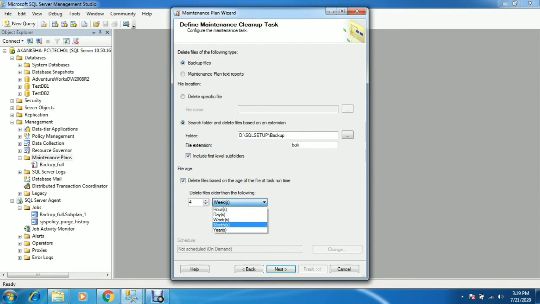Now you can see you can create it from here, like monthly, hourly, daily, weekly, as per your requirement. If you want to keep 7 days of backup, you need to go with weekly. If you want to keep monthly backups locally in your drive, you can go with monthly also. Whatever is older than that will be removed from that location.